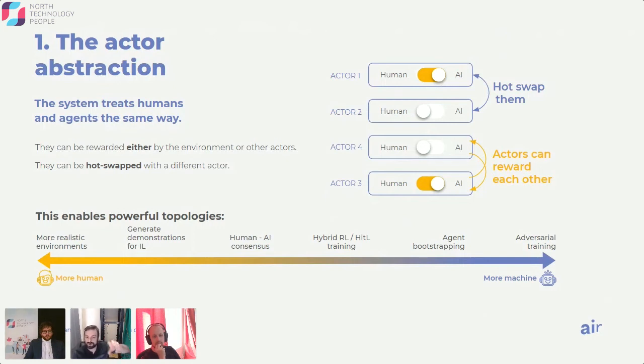create various different training topologies. And also, which I forgot to mention, I apologize, the idea is that the selection of which entity will be filling the role of which actor is something that needs to be entirely dynamic, and that needs to be configurable on a per episode basis.